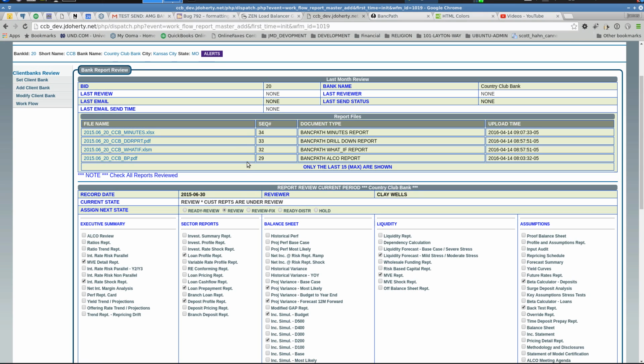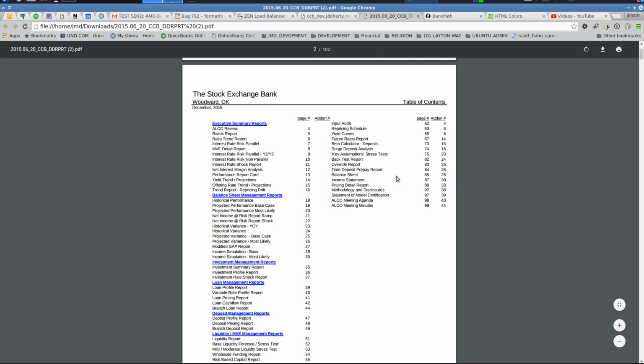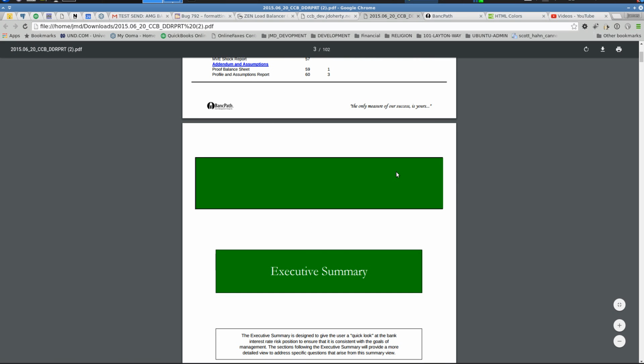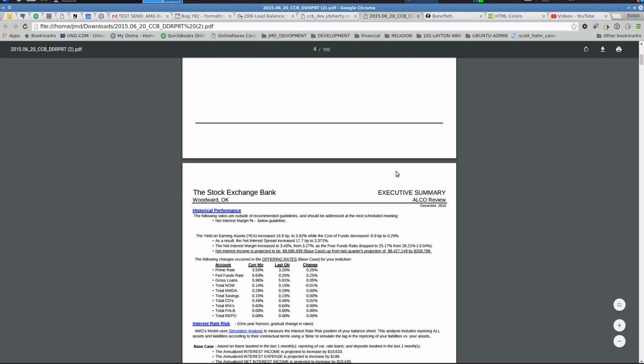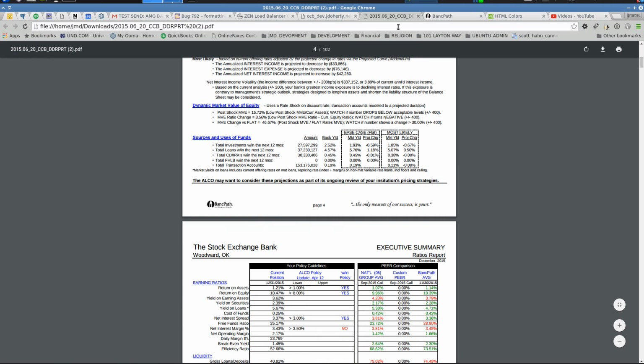If I want to look at these reports now, let's say I want to do a little bit of a review on this. You'll notice now that I click that button, and down here in the bottom left-hand corner of my browser, different browsers work differently, it showed up. It downloaded that report from the database, and then I can go through and do my review, check tolerances, what's within tolerance levels, what's not, if there's anything out of the ordinary. So that's how I do the review. When I'm completed with categories,